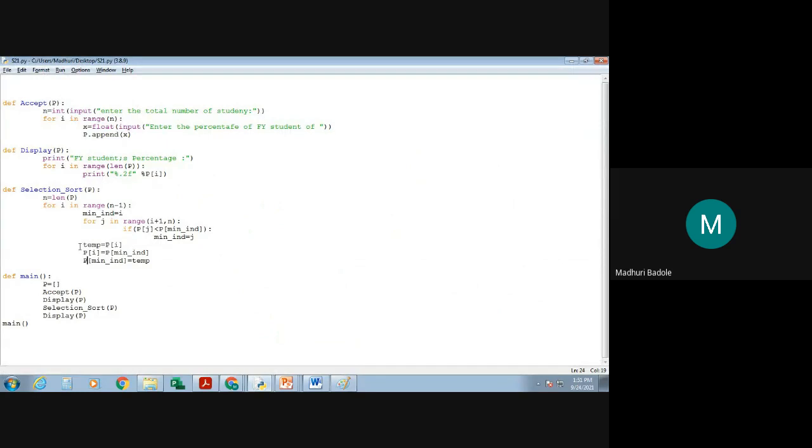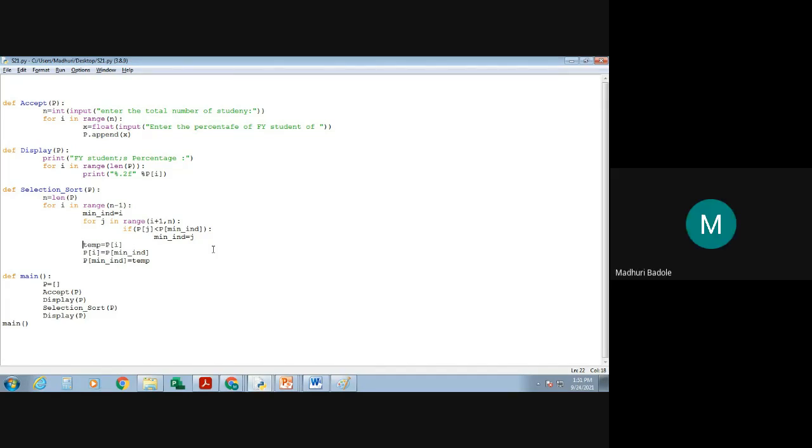So if I want to minimize that, what logic should I apply in my program? What change should be there? If ith index equal to minimum index, then continue. Yes, very good. That is the logic I want.